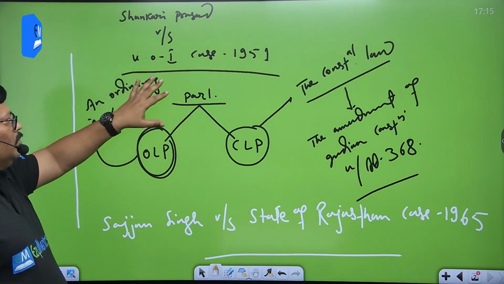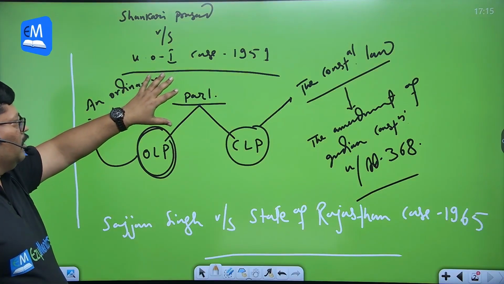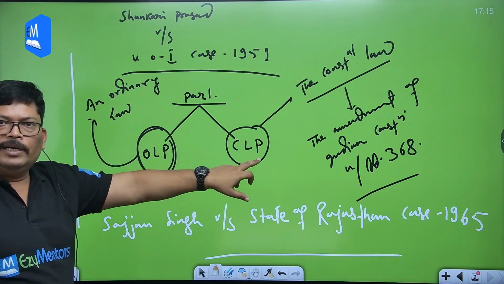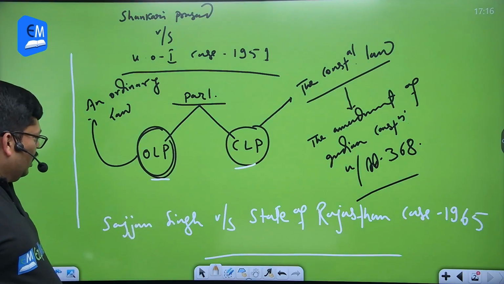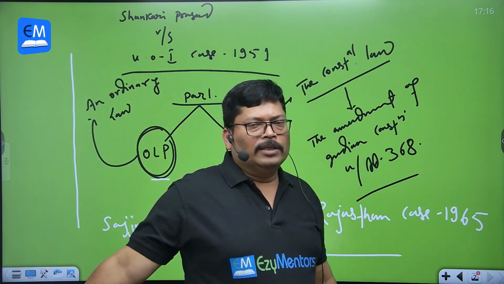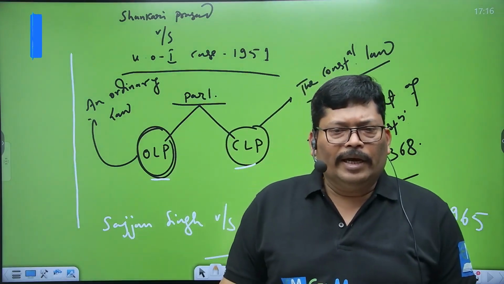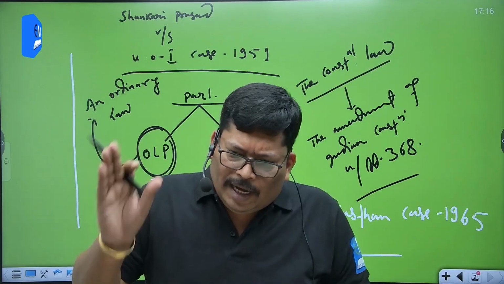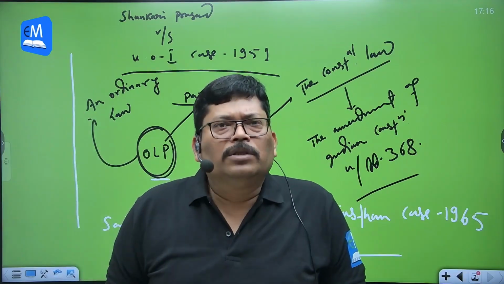So in 1951, the court was of the opinion that the Parliament has two sets of power, ordinary legislative power and constituent legislative power. For the last time, in the Sajjan Singh versus State of Rajasthan case, the court had repeated the same voice and stated that yes, the Parliament of India enjoys two sets of power. The Parliament has the power to carry out amendment across the fundamental rights.